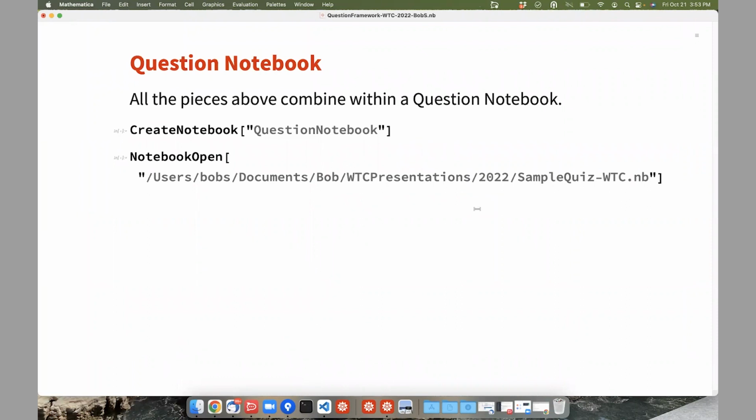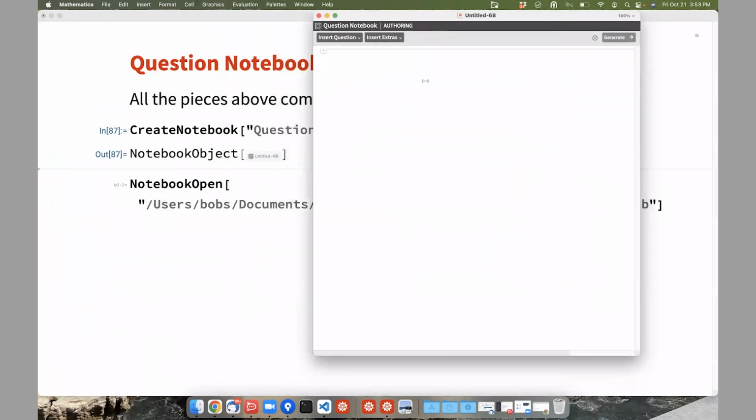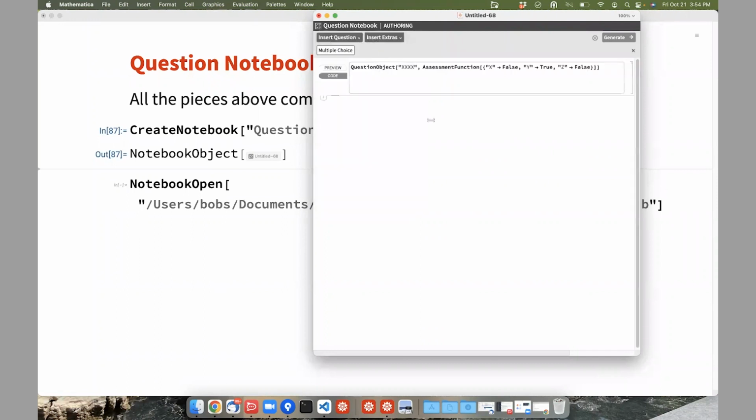And now the next part is the question notebook. So all of this stuff ties in together in question notebooks, and you can create a question notebook. There's a file, new something question notebook, or you can just say create notebook of question notebook. And this is where a teacher can define a quiz. And this is very much a work in progress. Right now, it's very code centric, but we're going to work diligently to make it very much low to no code. So, you can say,